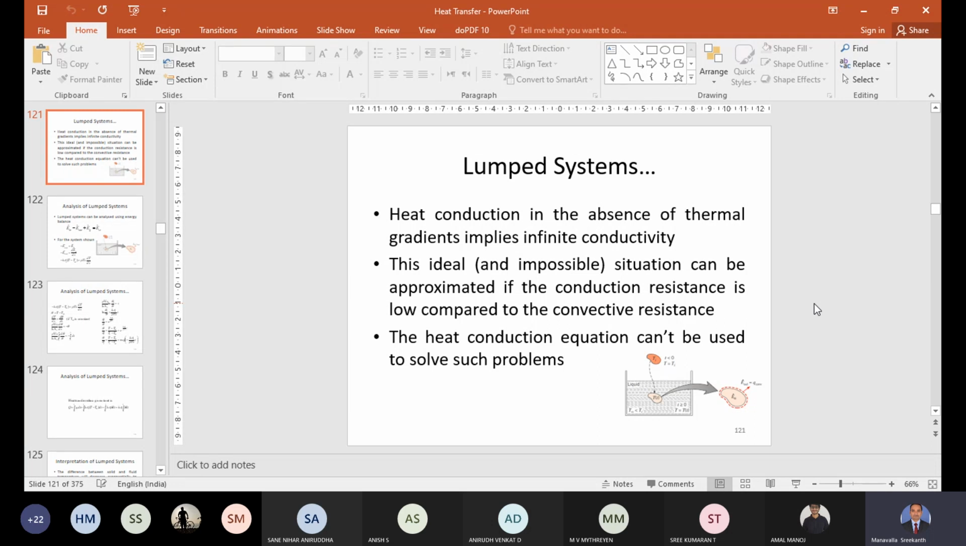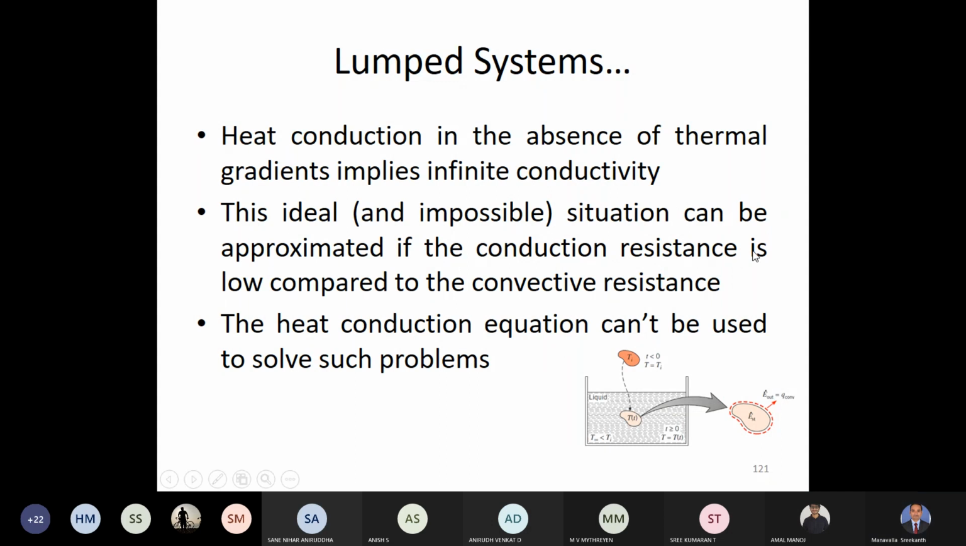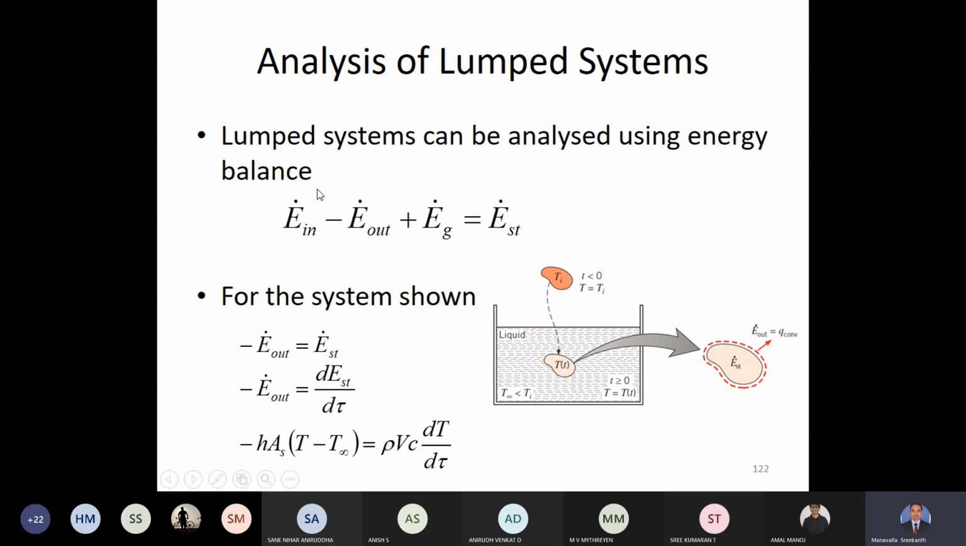Therefore, the conduction equation itself is derived assuming that there are thermal gradients. But in lumped systems, the thermal gradients are absent within the body. Therefore, we cannot use the conduction equation. Instead, we resorted to a thermodynamic solution. We used the concept of thermodynamics. We did an energy balance, and using the energy balance and one heat transfer concept at the surface, you see